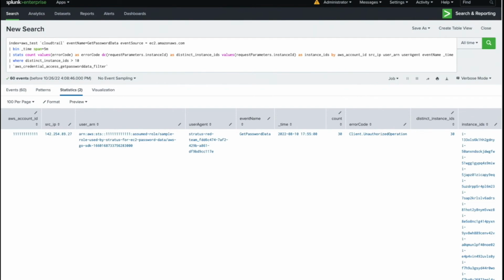Just like before, once the simulation is finished, we head over to a Splunk server where we are collecting these CloudTrail logs, and let's analyze it. In this particular case, we are looking for an event name called GetPasswordData coming from an event source of ec2.amazonaws.com, and the detection logic is as follows. We bucketize, or create windows of time of, 5 minutes and check how many distinct instance IDs were requested for GetPasswordData. Now, if more than 10 events are found, then we essentially flag this as an incident, and we recommend our users